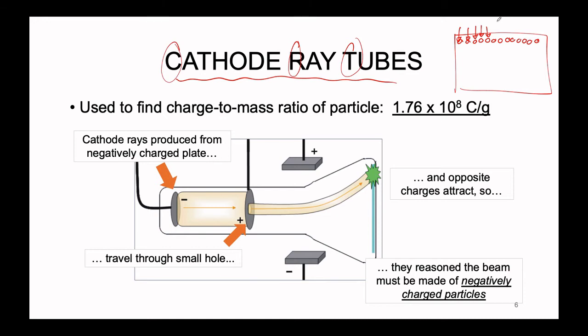All right, so if we're looking at just an individual cathode ray tube, we can use it in conjunction with, again, these electric plates, placing them around the cathode ray tube to find a charge to mass ratio of the beta rays as they're coming through the tube. So in the diagram, what we have illustrated here is the cathode ray tube itself. The cathode rays inside of this tube are being generated from this negative plate and this positive plate. So we have electricity moving in. The negative plate being separated from the positive plate really forces these beta rays, or cathode rays, the two are synonymous, cathode ray and beta ray,